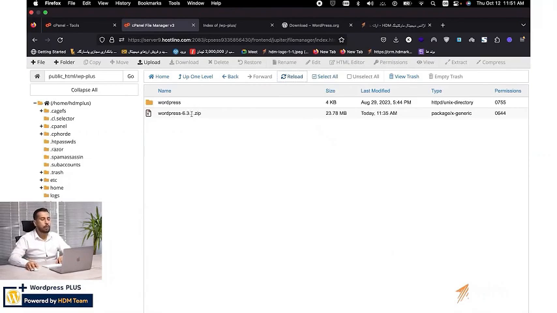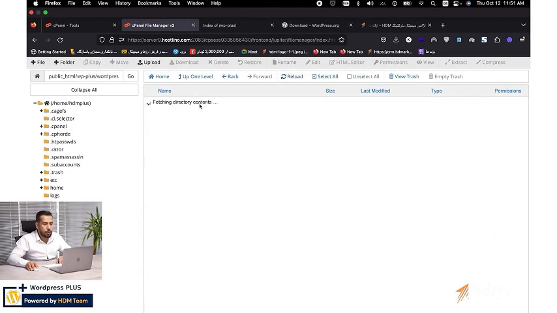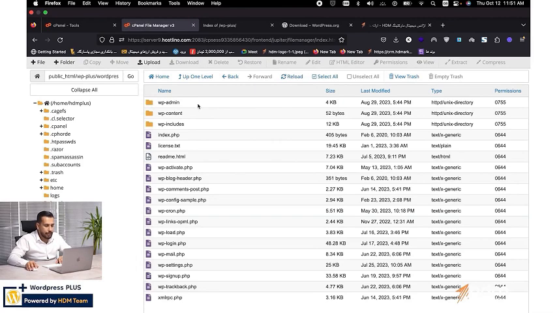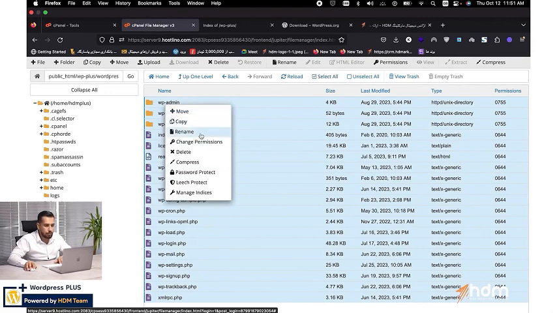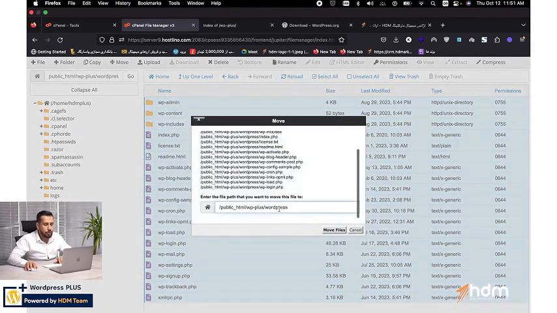Because when you download WordPress, it's in a folder, and that folder is zipped. I need to go into the WordPress folder. I select all these files that I have, meaning I grab all of them and I move them here. I also have tools, the same tools we have on Windows. We have cut, we have copy, and I can use the tools above, or I can right click and select move. I want to move it back to the WP Plus folder, so I select it and click on move